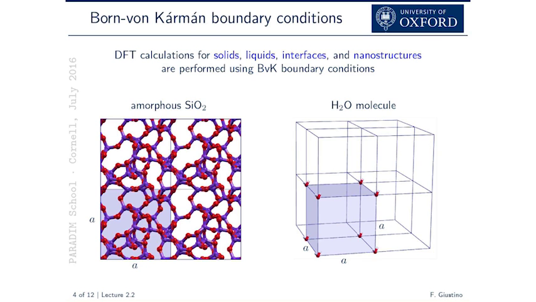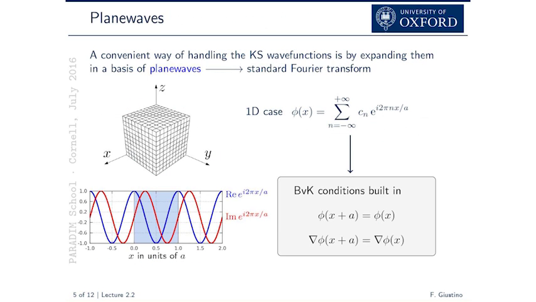So now, how does one deal with that? What people do is not what I showed you yesterday about partitioning space in points and then recording the value of the function at each point. So that is possible, but it's not very popular. So you don't write down the wave function at each point and do operations with this object. So people do something which is